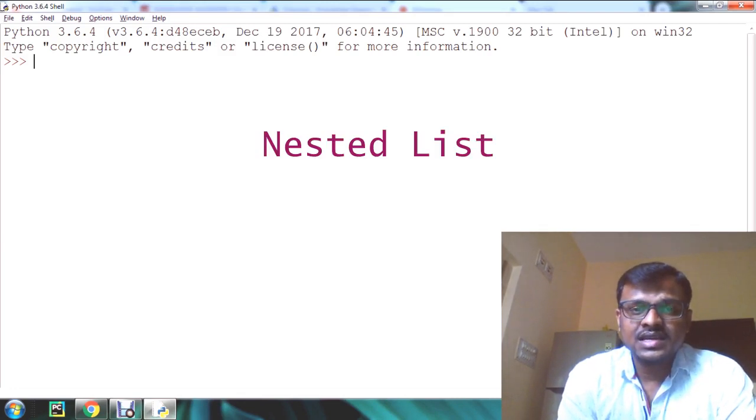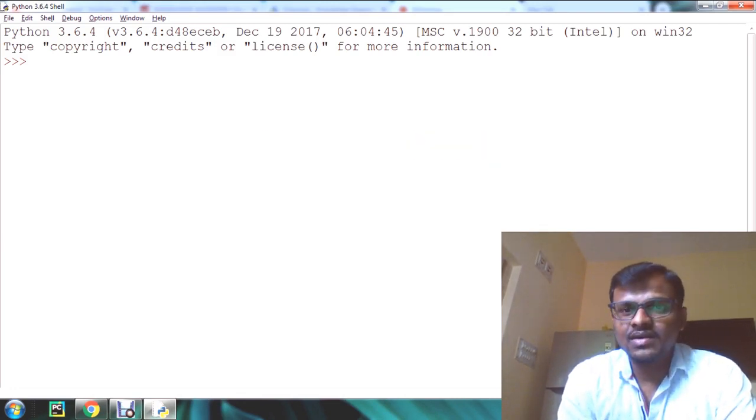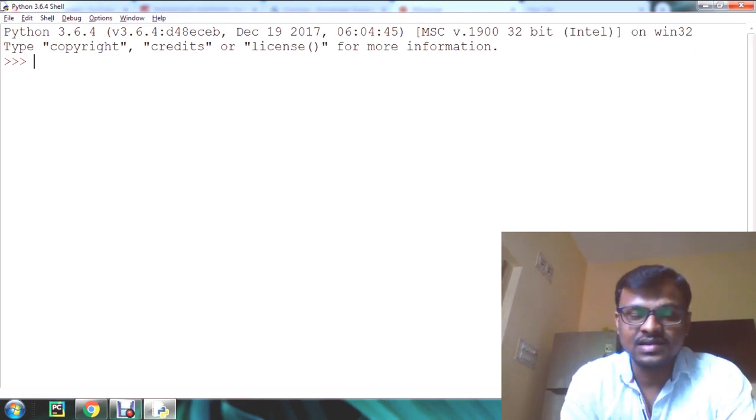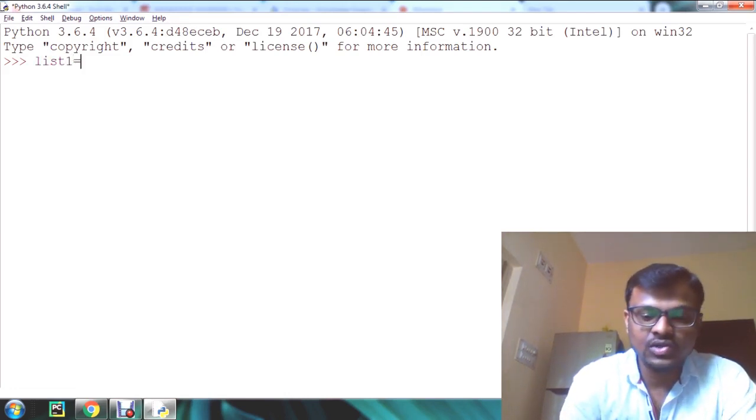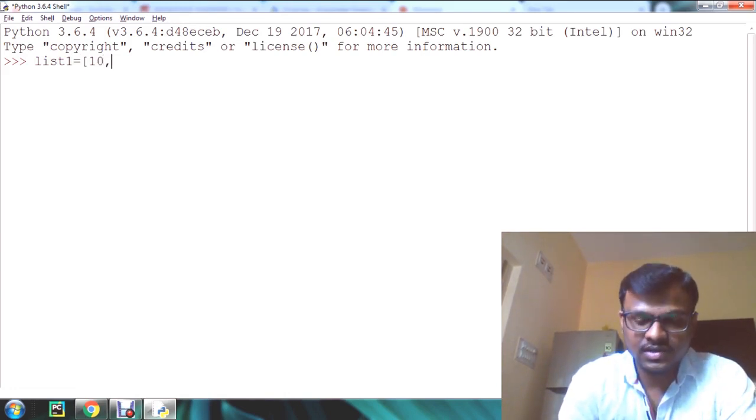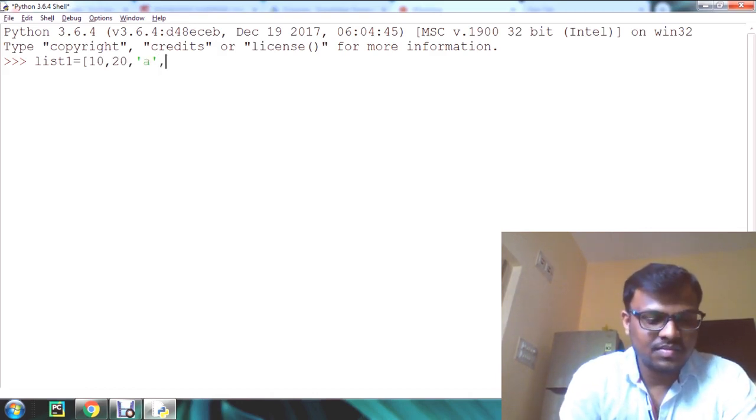A nested list means nothing but when a list appears as an element of another list, it is called a nested list. That means we are going to create a list inside another list. For example, take list1 equals, so give some values, 10, 20, and some characters also we can give.